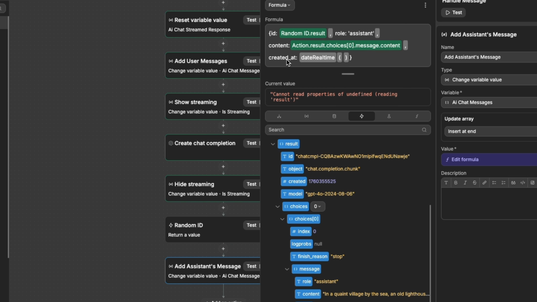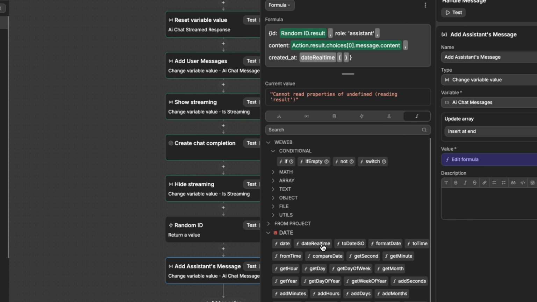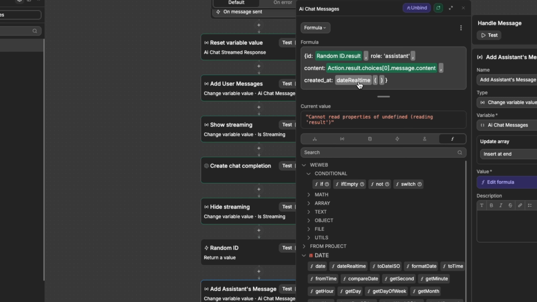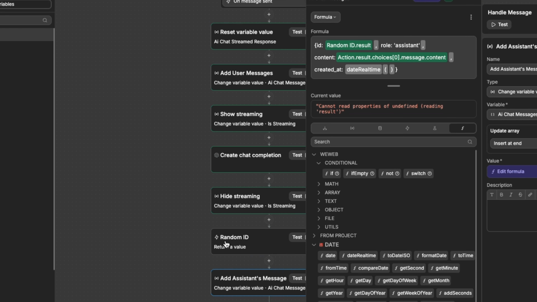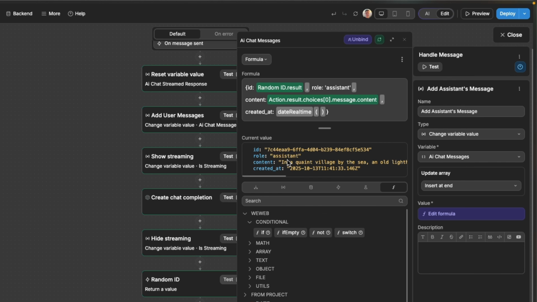And then finally, for the created at, I'm using this date real-time formula. And this comes with the date plugin that we have. And so this will just basically save a timestamp of whatever the current time is. And the reason we have this error here is just because this is never ran. So if I run this to generate a random ID, this now has a result, and so this will properly